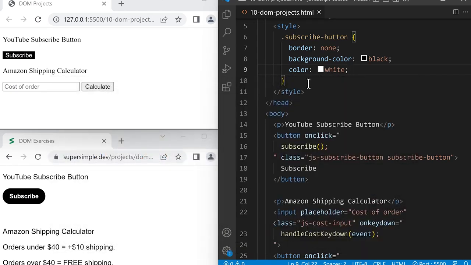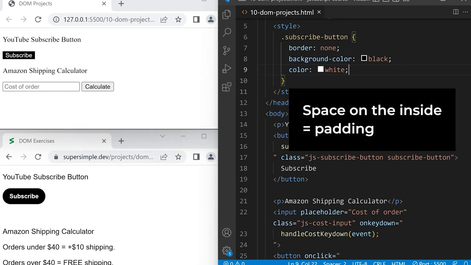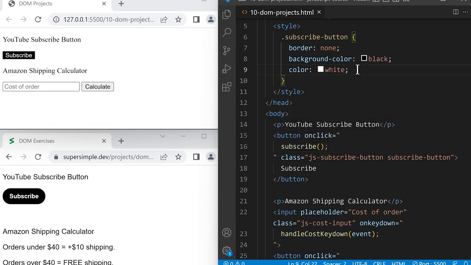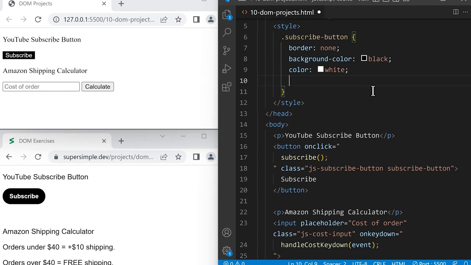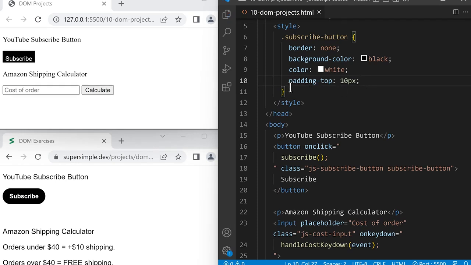Let's keep going one by one. The next thing we'll change is we're going to add spacing on the inside of the button. In CSS, space on the inside of an element is called padding. So we'll create a new line, and we'll use the property padding-top: 10px; and save. So this will add space on the inside of the element called padding at the top of